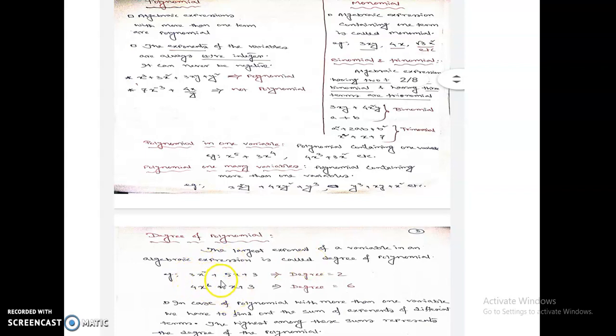Like 3x squared plus 5x plus 3. Here you can find 3 terms in this expression. 3x squared is the first term, 5x is the second term, and 3 is the third term. So what is the largest power of x? It is 2, in the first term, because it is x squared, x to the power 2. In the second term the power of x is 1, so obviously 2 is the largest power. So the degree of the polynomial will be 2. Here, 4x to the power 6 plus x plus 3, obviously the degree of the polynomial is going to be 6, right? So let's go to the next topic.